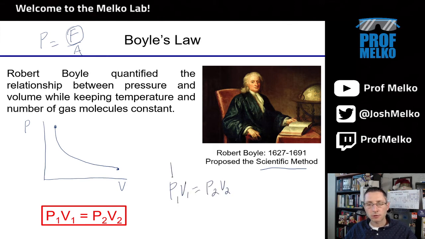Just note here that the unit of pressure in P1 is the same as the unit of pressure in P2. They could both be torr, both millimeters mercury, or both atmospheres. Just make sure they have the same unit. Much like volume, they can both be milliliters or both be liters. Just make sure they are the same unit.